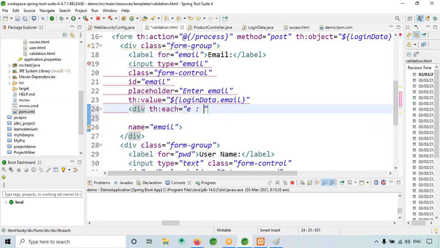E colon, okay, dollar fields dot errors, okay, errors, then for the email.